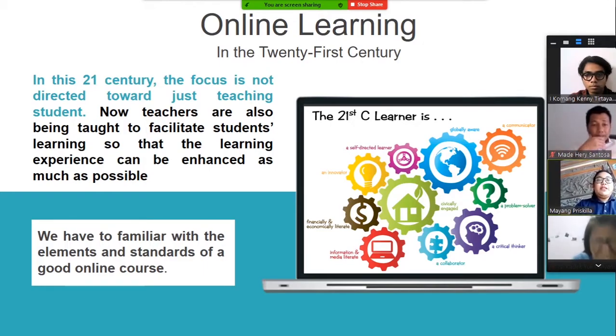The first chapter is online learning in the 21st century. As we know, in the past, the teacher just gave the material to the students and students just took notes about the explanation. They often didn't question the material. But what is different between that era and this era